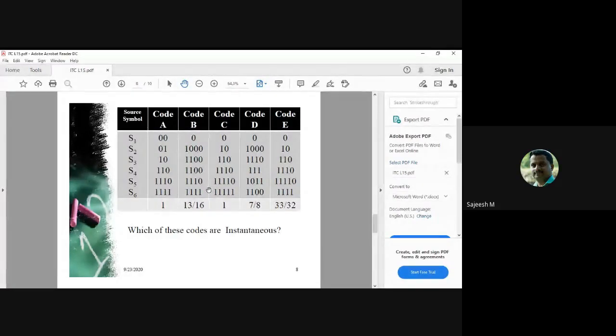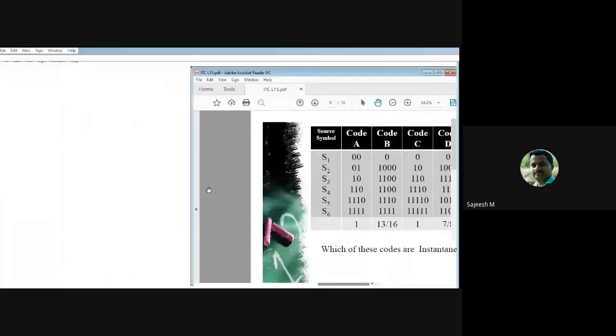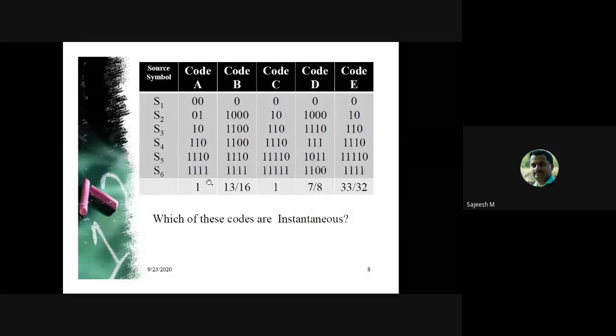Then we can consider a set of code words: code A, code B, code C, D, E, etc. There are 6 symbols, and the source alphabet is S1, S2, S3, S4, S5, S6.